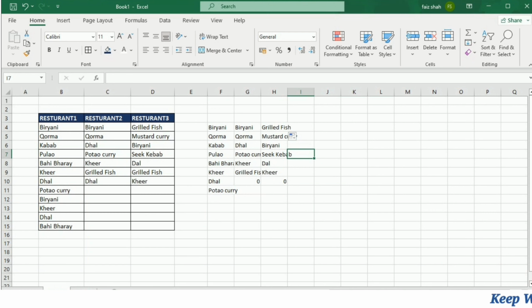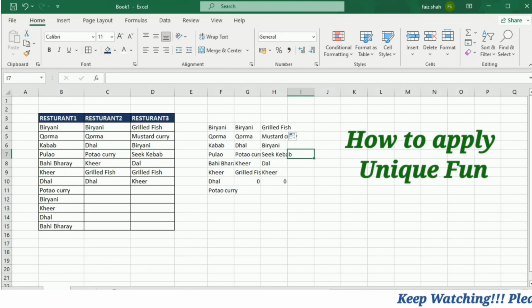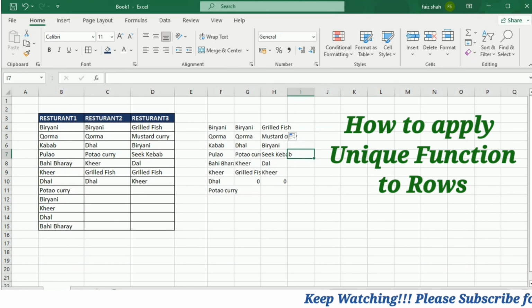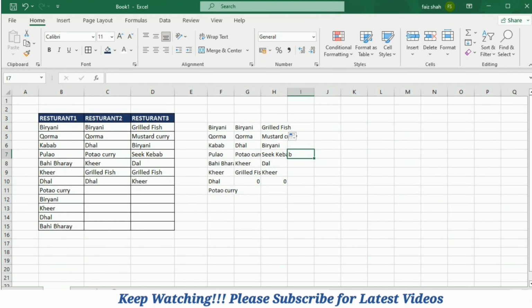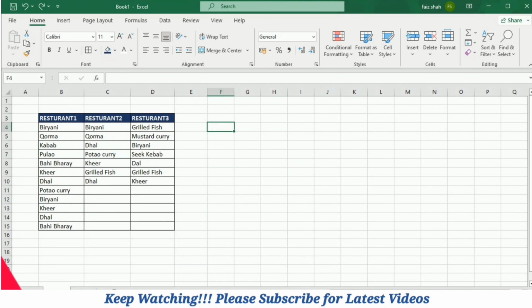So up till now we have applied the UNIQUE function column wise. Now we will apply this UNIQUE function to the rows. For this purpose I am going back by pressing Ctrl Z. Then I will write equal,